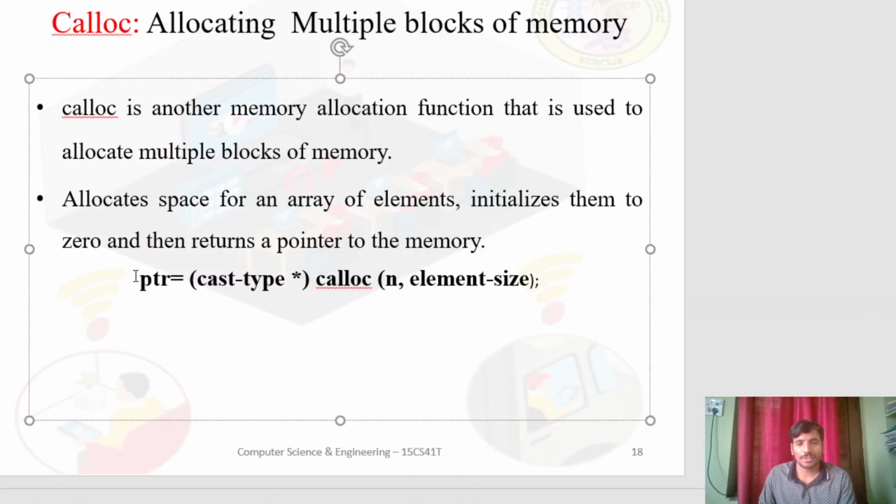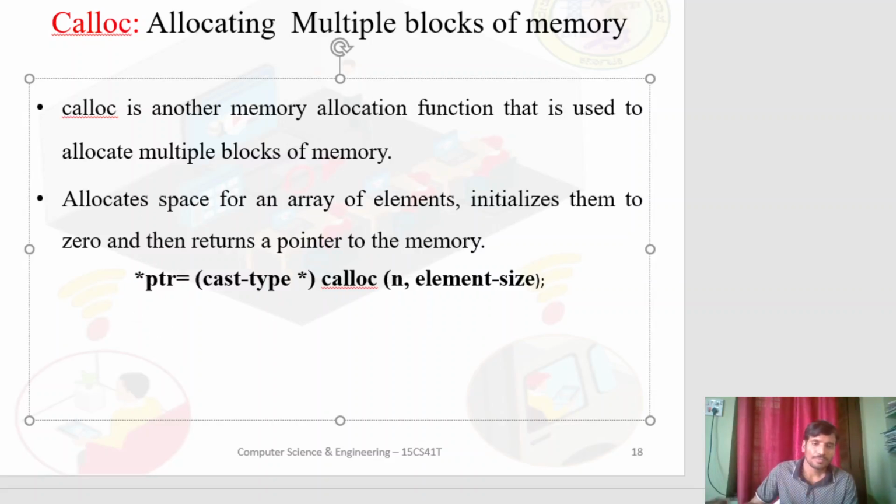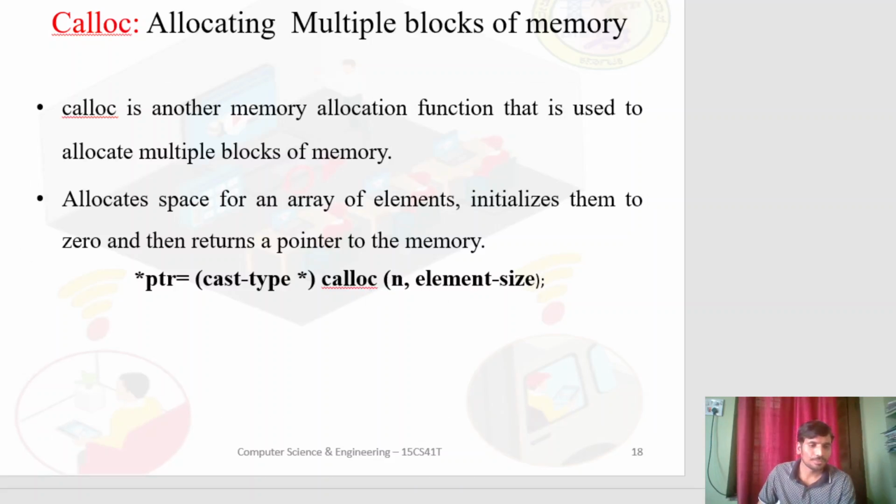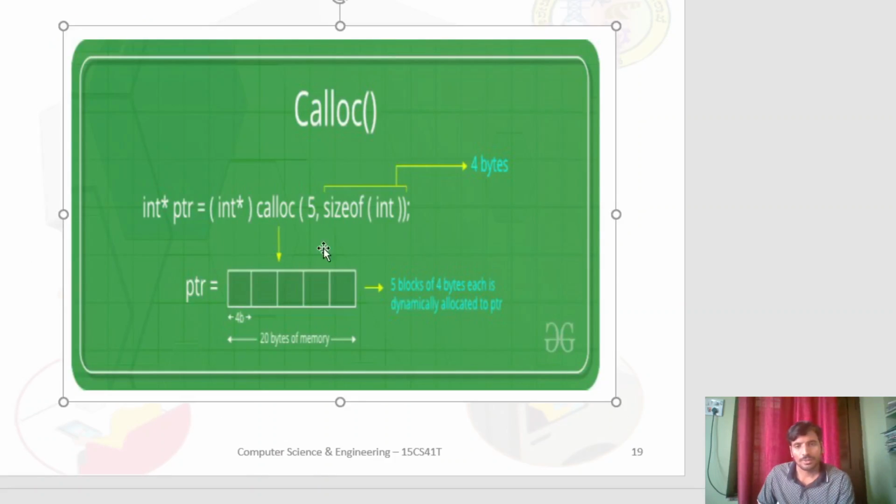So this is the syntax of this one: pointer, cast type, calloc. How many blocks of memory do you want? Here you have to specify 10 blocks, 20 blocks. Then the element size, that is, the size of whichever type it is. See here, calloc function, and here I need 5 blocks of integer type.